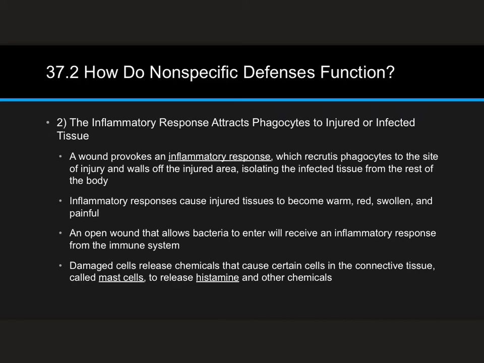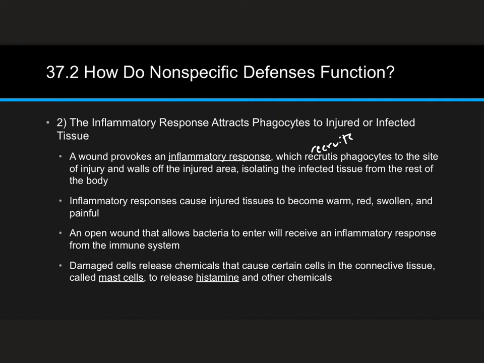Okay, so we talked about phagocytes, we talked about natural killer cells, right, as an innate response. That was part one. So part two of the innate response is the inflammatory response. And so it's going to attract phagocytes to injured or infected tissue. So if you've ever heard somebody talk about inflammation, or doctors talk about inflammation, or if you've ever broken something, twisted something, got a really bad cut or burn, you'll talk about the inflammation really hurts or it's really bad. So what actually is going on there with inflammation? A wound provokes what's called an inflammatory response, which recruits phagocytes to the site of injury